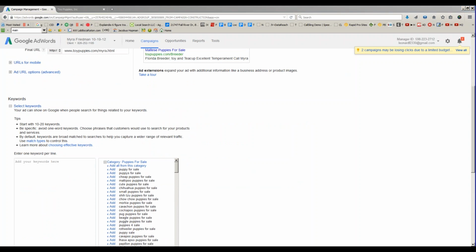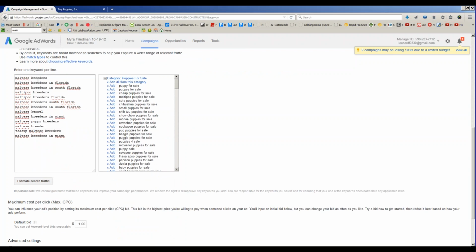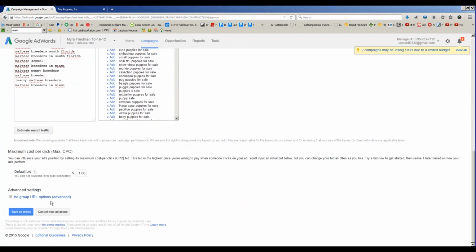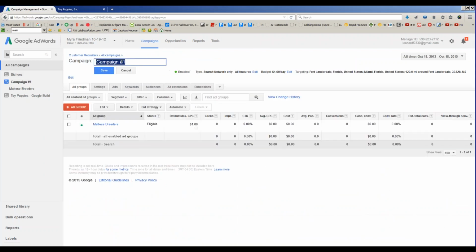So going back to the Excel file, I copy the keywords. And you guys are entering questions, but I don't see them quite well. So then I copy and paste the keywords and then I save the ad group. Okay, so now I see campaign 1 has been created, and let me